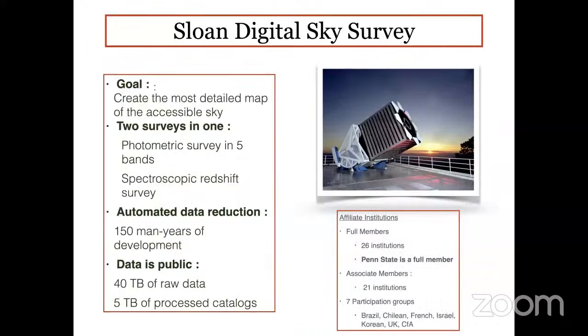So we are basically taking data from the Sloan Digital Sky Survey, which is called SDSS. It's a big collaborative project where there are several institutions involved, for example, 26 institutions. There are associate members and several participation groups, and it's also an international collaboration, which aims to create the most detailed 3D map of the accessible sky using a 2.5 meter telescope